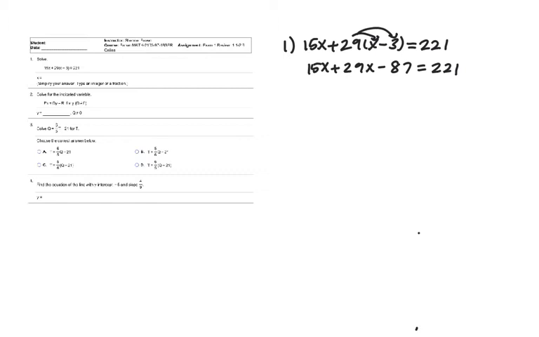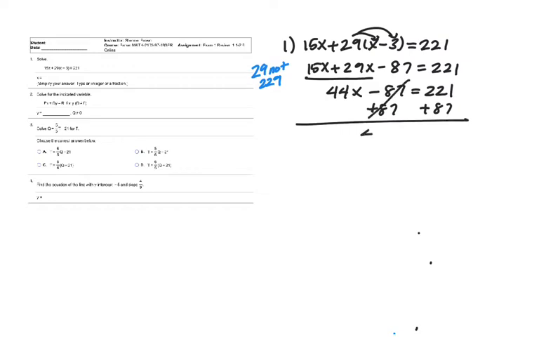Okay, so now let's combine like terms. We have 15x plus 29x is 44x. Bring down minus 87 equals 221. We want to isolate the 44x, so if I have minus 87, we'll do the inverse and add 87 on both sides. And so we have 44x is equal to